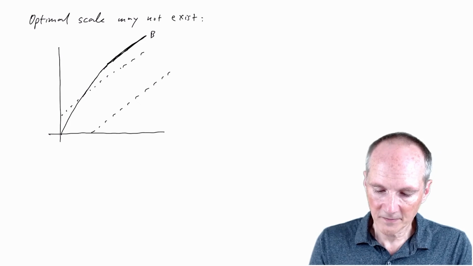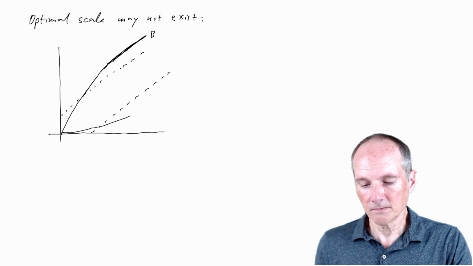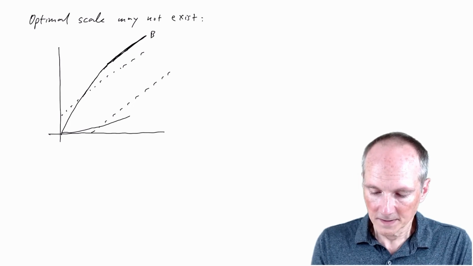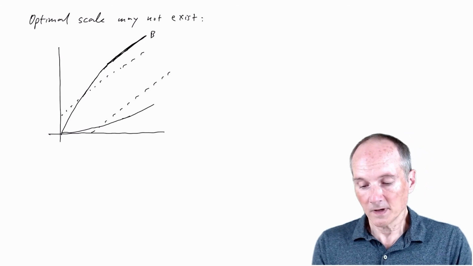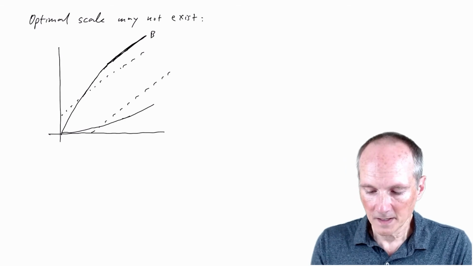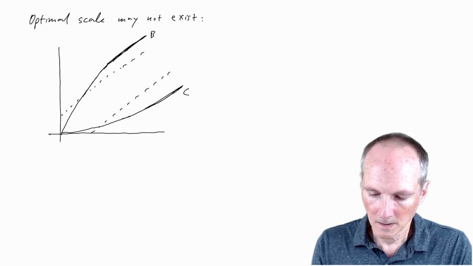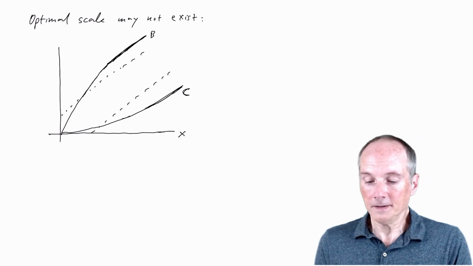Okay, and then I'm going to do the same thing for the cost function. Okay, it's going to cross that lower dashed line. It's going to start getting steeper and steeper. The slope of the cost function, though, is always going to be less than the slope of the dashed line. It's going to get bigger, but it's never going to get back up to that slope. Okay. I don't know if that's clear, but